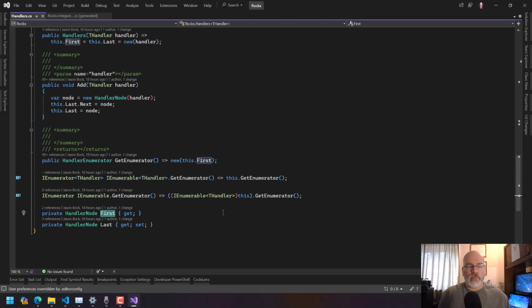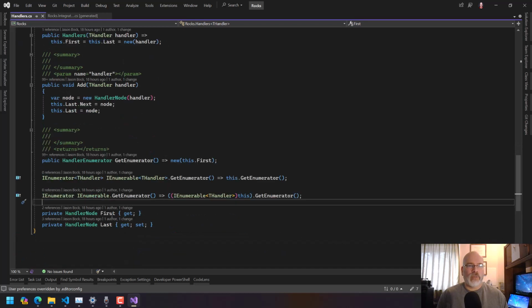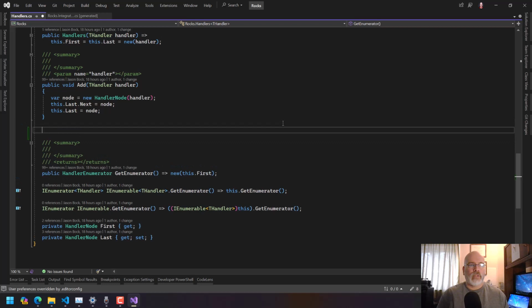So I think what I'm going to want to do is struggle with naming right now. What is the right name for this? I have an add. I could say get first, but then it's like, well, you already have a first here. But let's just see what it barks at if I do that. If I say public T handler, get first. And what we do is we say this dot first dot